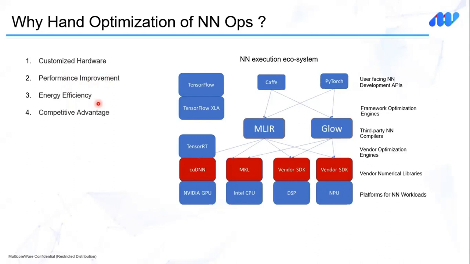Next is the competitive advantage that each of these vendors gets because of their hand-tuned numerical libraries. These libraries can give hardware vendors a competitive advantage over others in the market. By providing their customers with software libraries that are tailored to specific hardware platforms, vendors can definitely differentiate themselves and attract more customers who require high performance computing solutions. These are some of the reasons that we think hand optimization is important. In the next few slides, I'll talk about some of the basic and fundamental steps in optimizing algorithms for the target architecture.